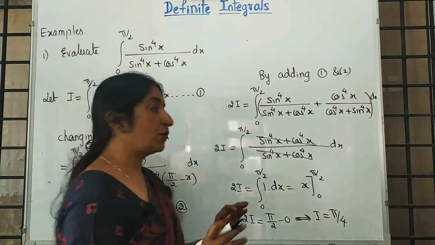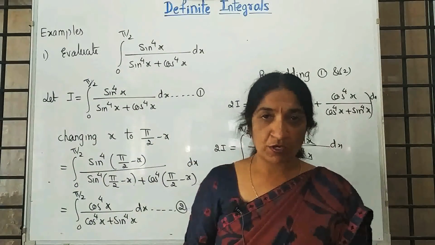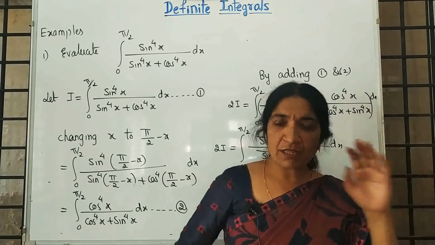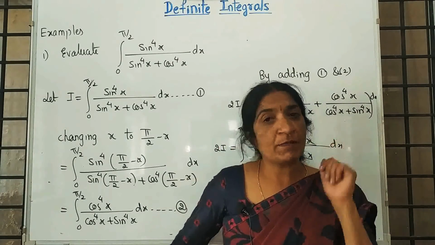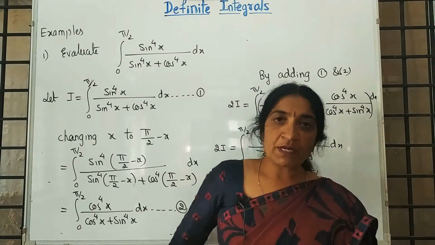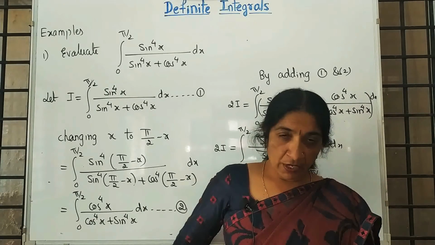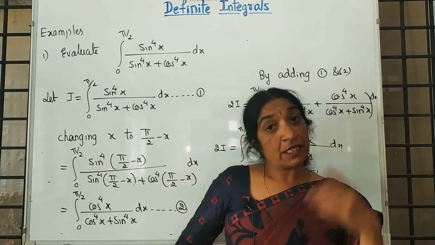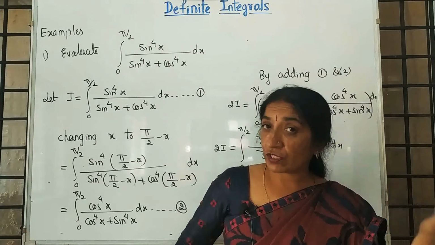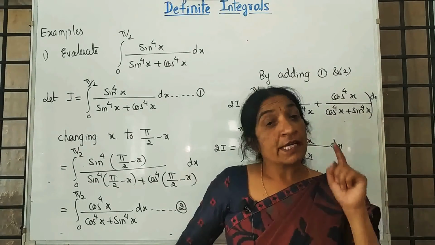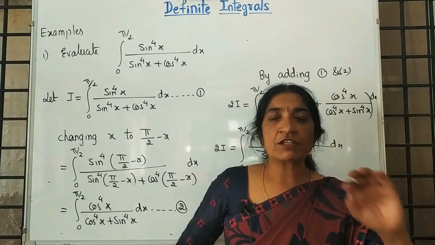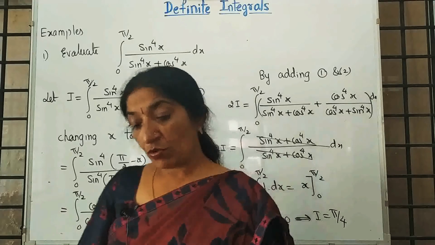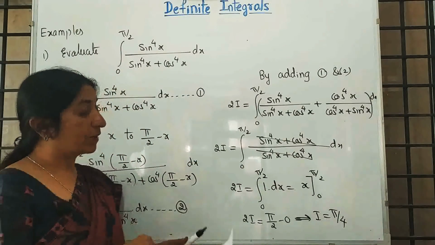So students, I am giving you an important hint, please note it down. If the problem contains 0 to pi by 2, there are so many hints. Now regarding this problem I am telling: if the problem contains 0 to pi by 2 and you have a fraction of sin cos, tan cot, sec cosec, whatever the power, in the CET without calculations you can directly mark that the answer is pi by 4. Now I will solve a few more examples based on this.